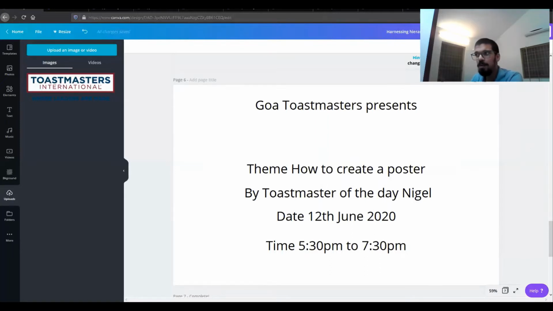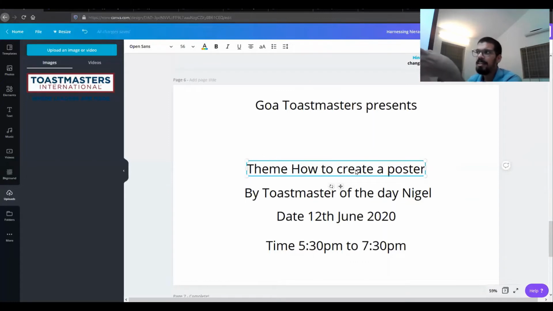Of course, if it's a normal meeting, it is actually the theme. So when you are creating or designing your poster, you will assign, for example, the highest priority to that of the theme. So when somebody looks at the poster, they instantly see the theme first. The second would be Toastmaster of the day. Who is conducting the meeting? The third would be the date and the time, and probably even your club,